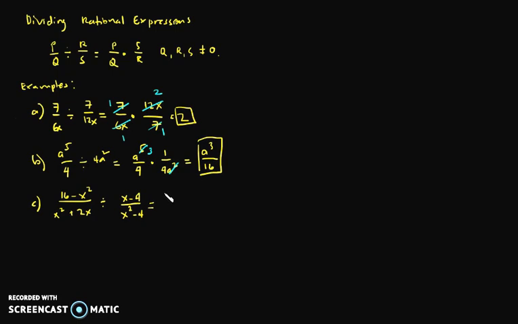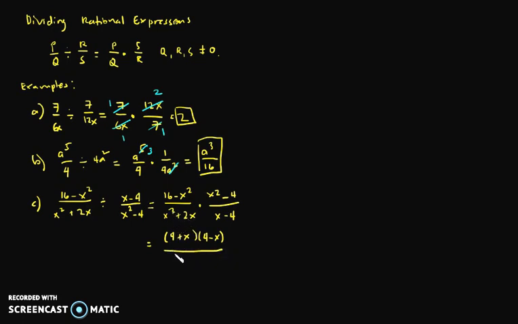That gives us 16 minus x squared over x squared plus 2x multiplied by x squared minus 4 over x minus 4. By inspection, you can see that this is a difference of squares, so we simply factor this out. This gives us 4 plus x, 4 minus x, all over